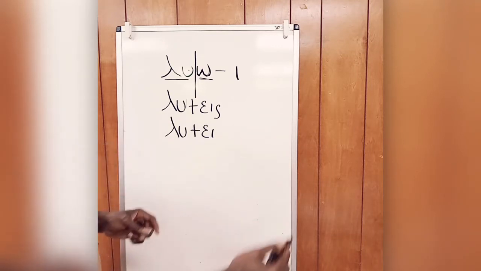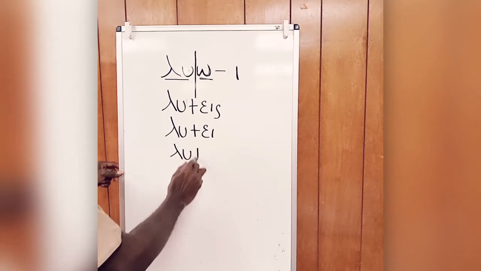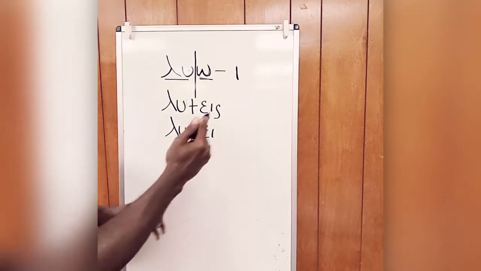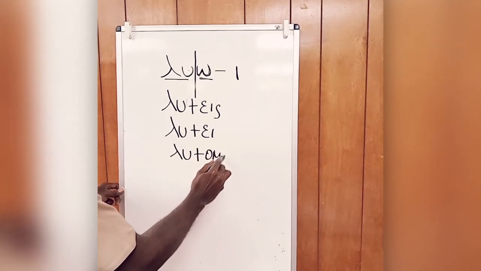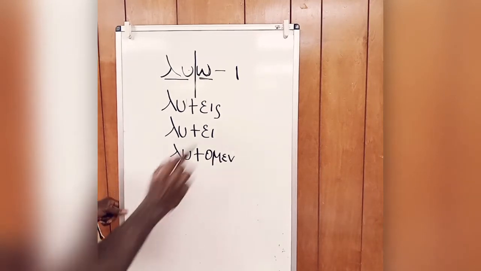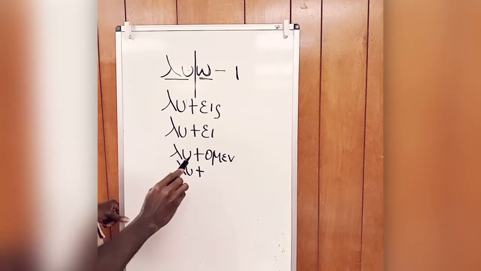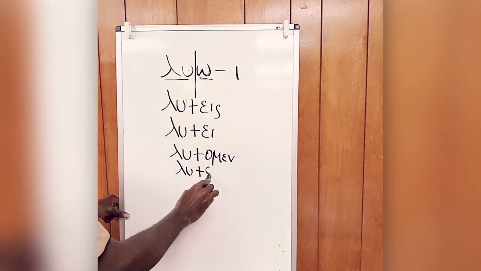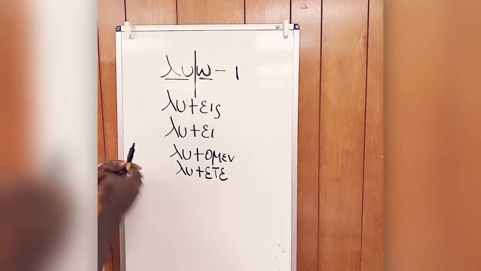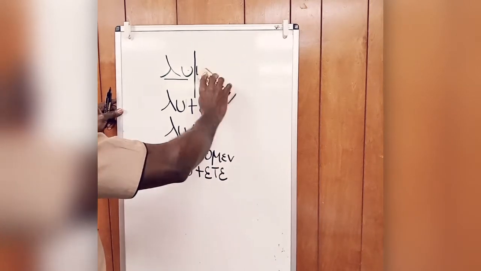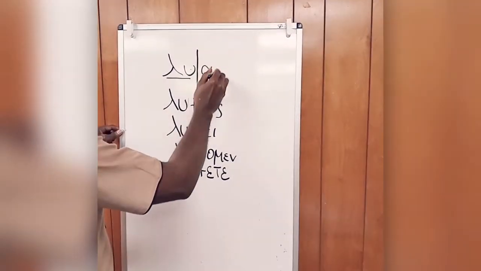Then, going to the plural side, if you have the same stem and you want to make it first person plural, you simply have to add omen. The same applies when you want to make it second person plural: you simply add ete. Then, if you want a third person plural, you simply have to add